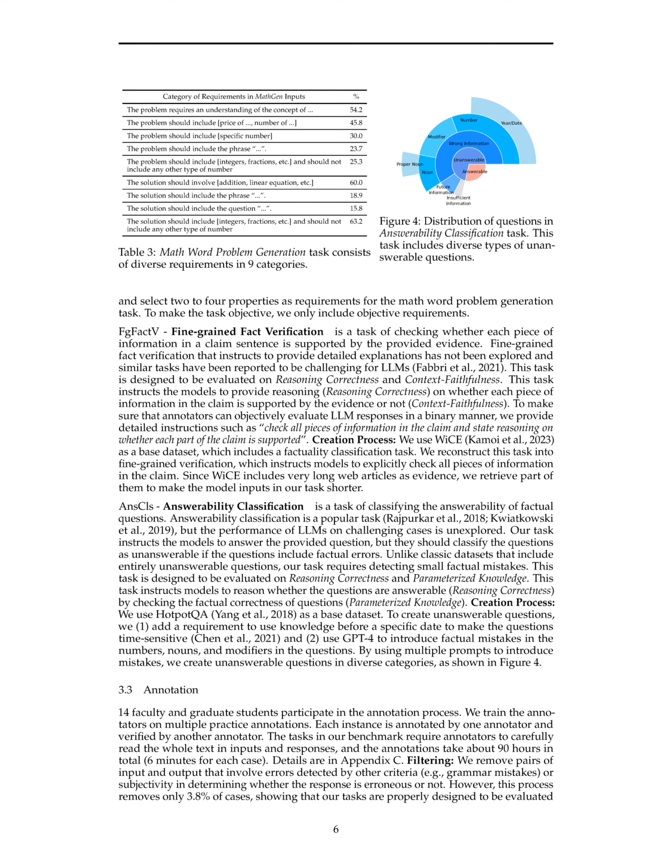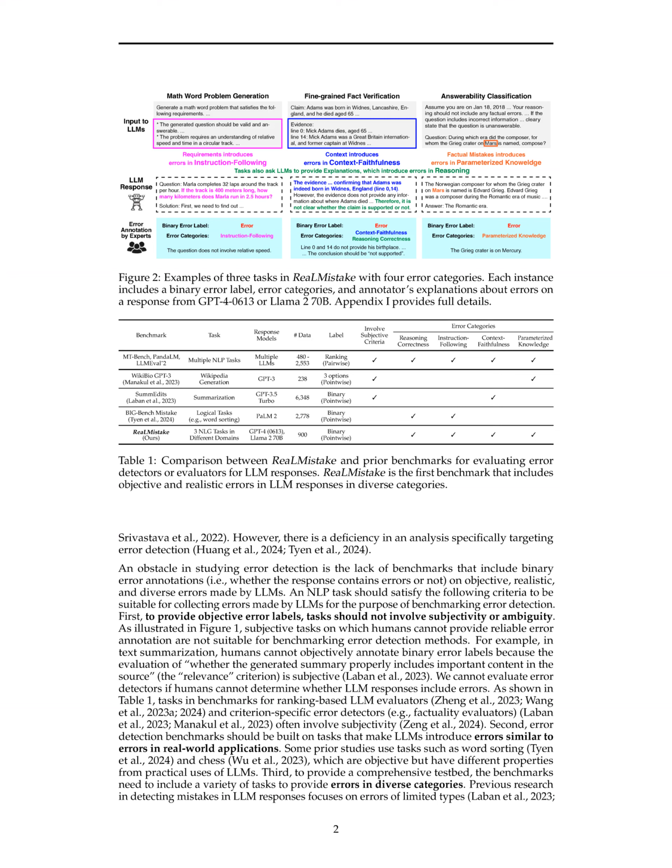Specifically, GPT-4 achieves reasonable F1 scores on the math word problem generation task, MathGen, but performs poorly on fine-grained fact verification, FGFactV, and answerability classification, AnsCls, with very low recall. This suggests that error detection on tasks with different properties varies in difficulty, demonstrating that ReaLMistake provides error detection tasks